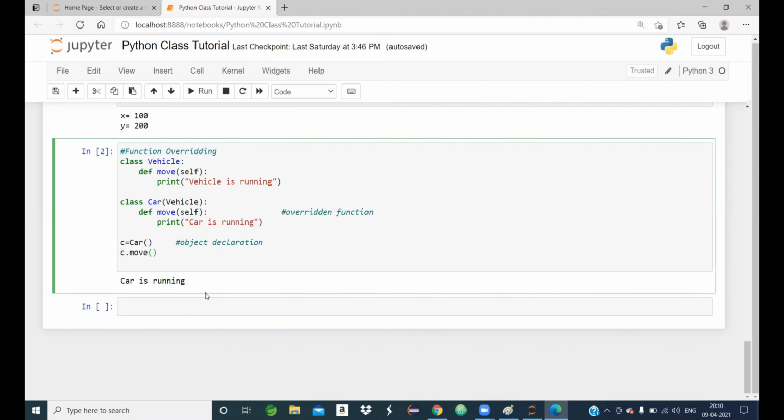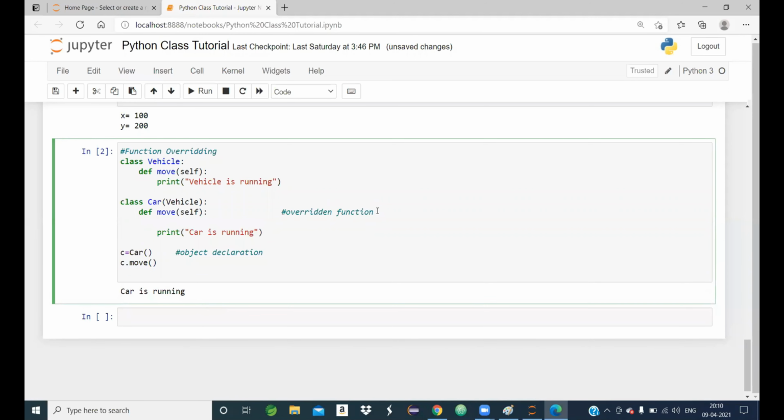Car is running. So the developer thought, if only the child class property comes and the parent class property does not, how do we access the parent class or super class property? For this, the developer developed the super function, which we use in the child class.